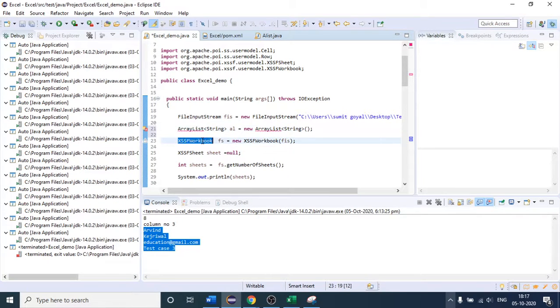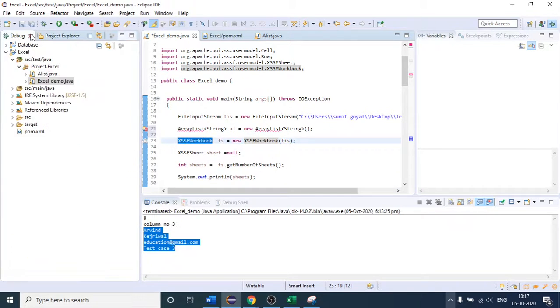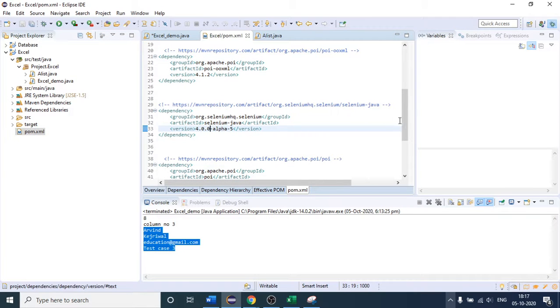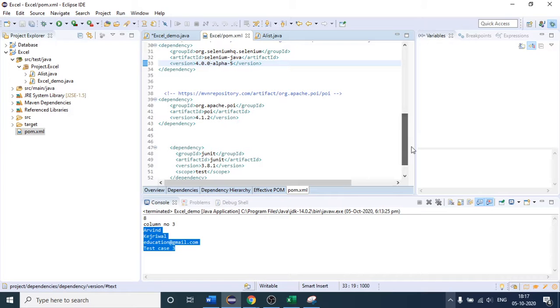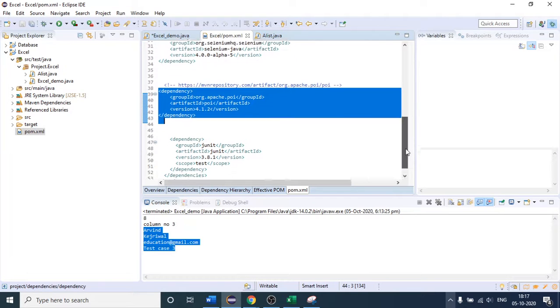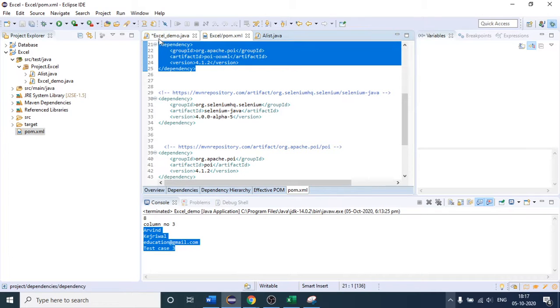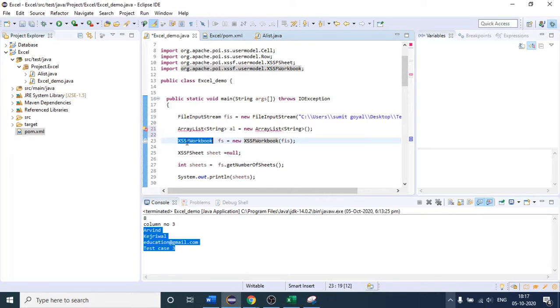When we write this X, whatever you are highlighting, it will automatically take the imports, even if you do not provide them. See, if I try to remove that. Have you joined late? Five minutes late. So what I'm saying is, if you do not import these two dependencies, these are the two major ones, and you try to import it here, it will throw an error. So it is mandatory to import that.